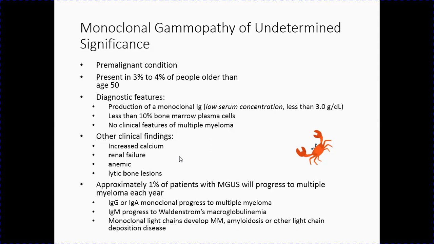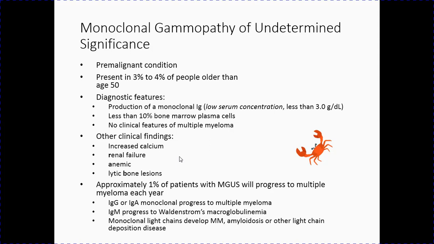It's diagnostically categorized as having a production of a monoclonal immunoglobulin that is low in serum concentration, less than 3 grams per deciliter. We're going to see that concentration of immunoglobulins is going to be important in aiding in the diagnosis of what kind of plasma cell dyscrasia we're looking at. And also not a huge number of bone marrow plasma cells, less than 10%. Again, that's going to be another important characteristic that